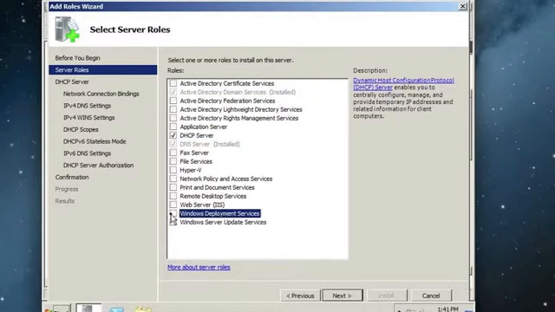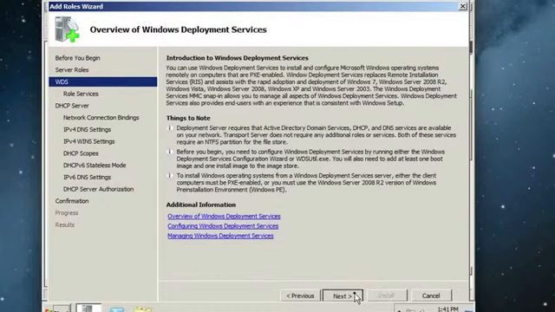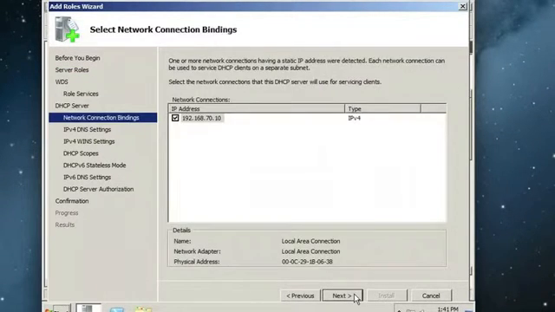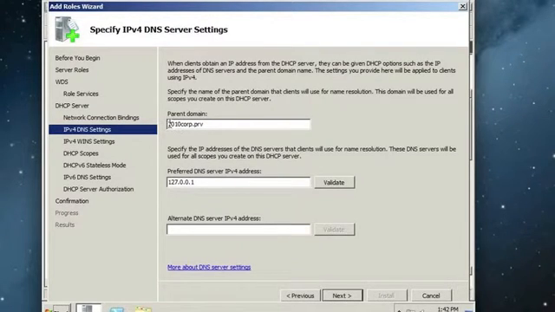DHCP and Windows Deployment Services. Next. Next. And this is the IP address for DHCP. This is the actual server that will respond to requests for IP addresses. It automatically fills this information in, and for some reason it always likes to use the local host, but we're going to change that to 192.168.70.10 because this is the server that the workstations who are requesting IP addresses will use to resolve internet names